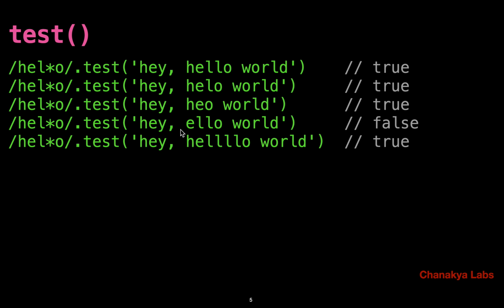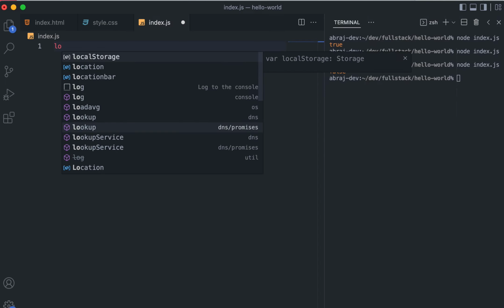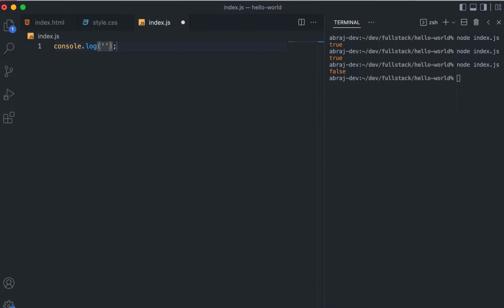Okay. Let me tell you one thing more. So basically, you might think that here H is there, E is there, and here O is there, and L. But the problem is that here you can see that. So let me write this example for you. So what was the thing normal? It was